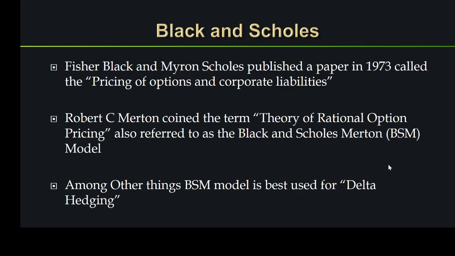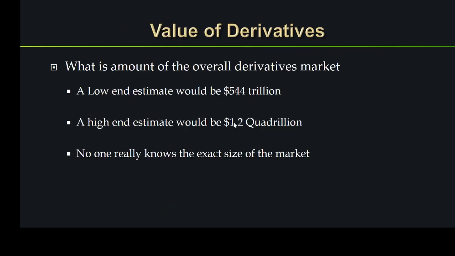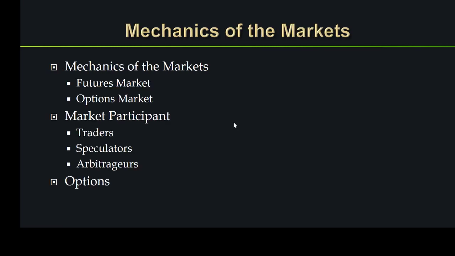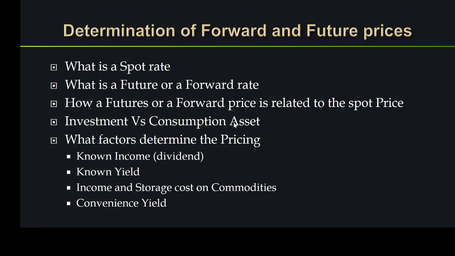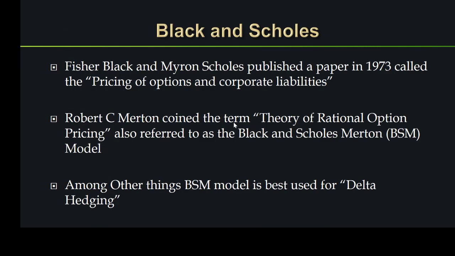If we go back, let's look at the first slide. Introduction to derivatives. This is what we covered: types of derivatives, value of a derivative, then the markets for derivatives, mechanics of derivatives. Then we jumped to the determination of forward and future prices, and we also looked at the binomial, right? Now in this particular video we'll be looking at the Black-Scholes calculation and how important it is, and